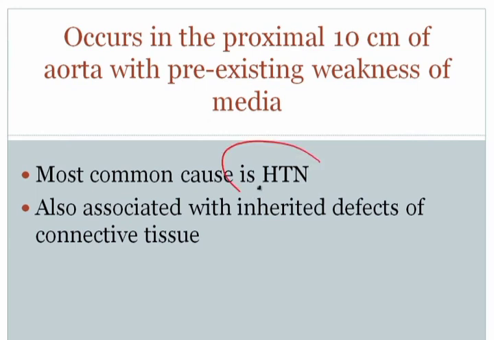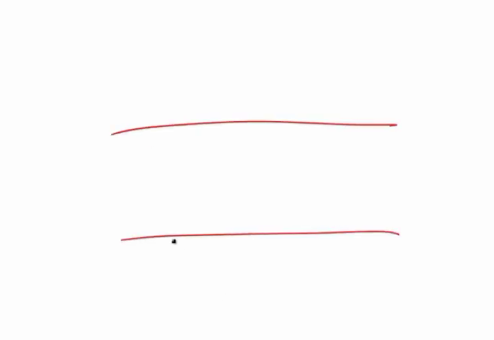The most common way by which we can get pre-existing weakness of the media would be hypertension. Now what's the idea here? Let's take a blood vessel and remind ourselves that we have an intima, a media, and an adventitia. Now it so happens that the intima, media, and adventitia all contain cells that are living, and therefore these cells also require oxygen. Now they happen to be lucky enough to be carrying blood, so the oxygen running through the blood will also be able to diffuse and feed the intima, the media, and the adventitia. And that's the normal way by which the blood vessels remain alive and healthy.